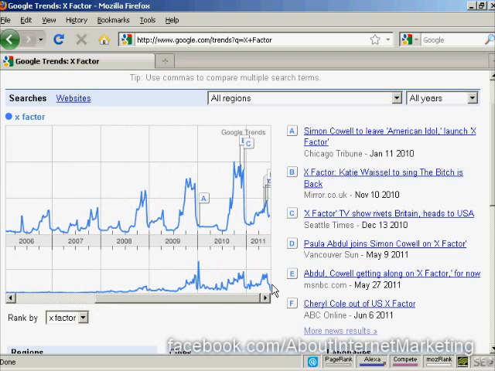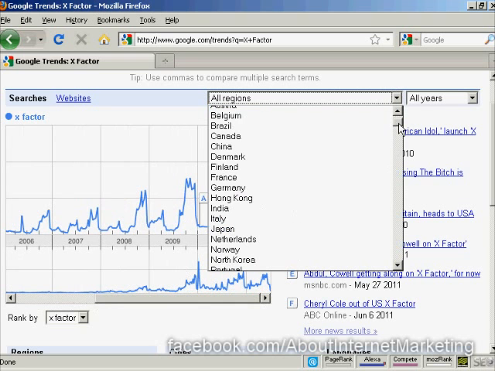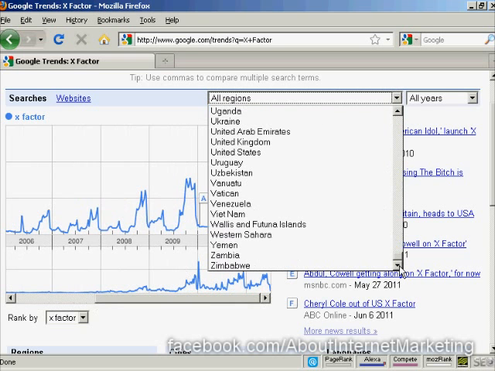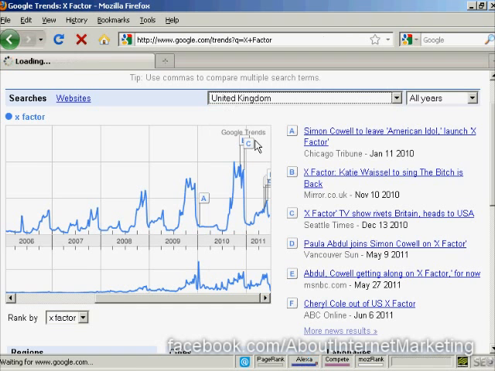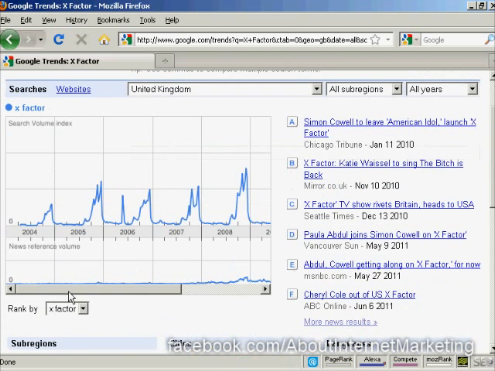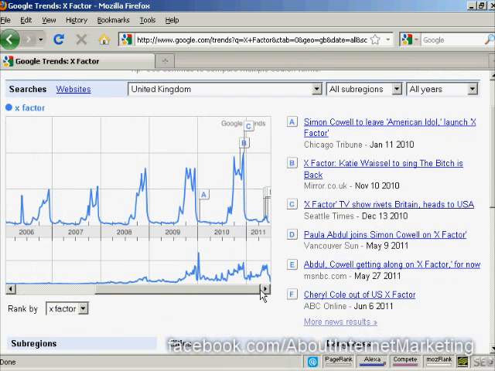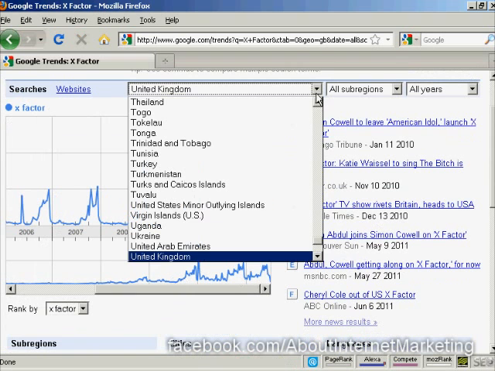And you can drill down here by region as well, because let's say we look at the UK, where the X Factor has been running for many years, and you can see here search volume goes up fairly regularly, and then you've got more news items and so on. But if we switch that to the United States,